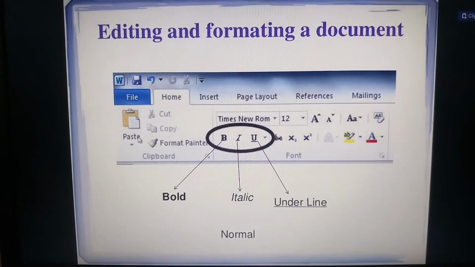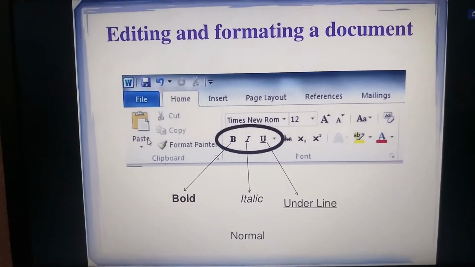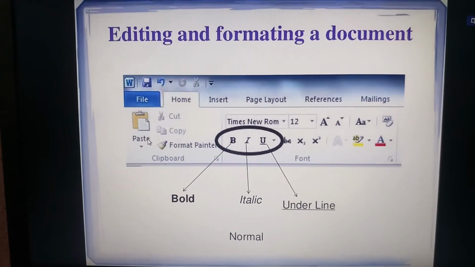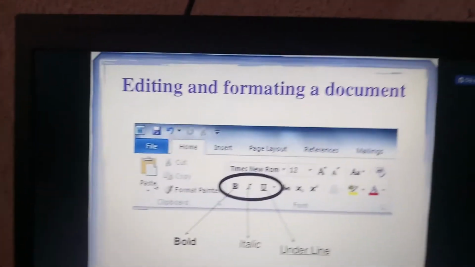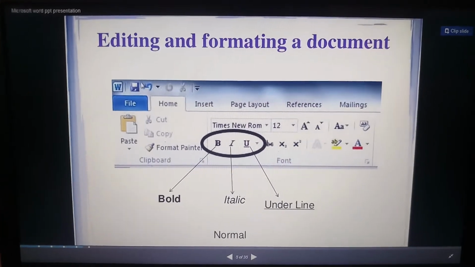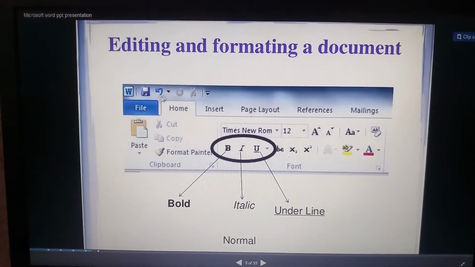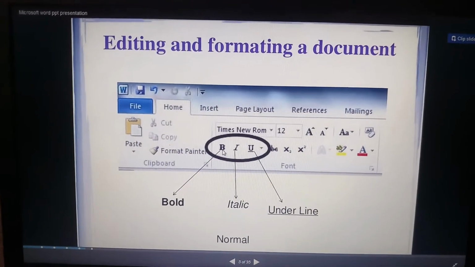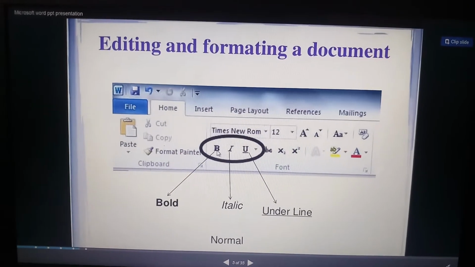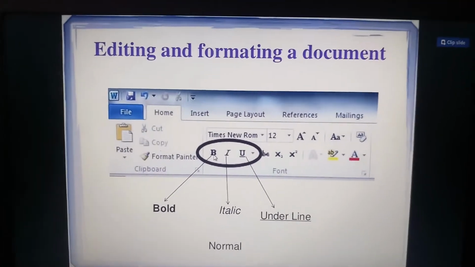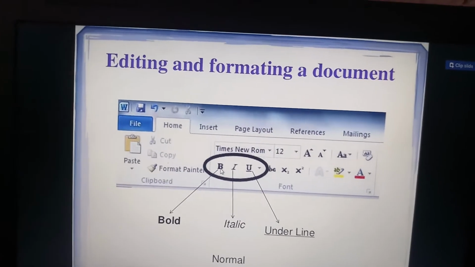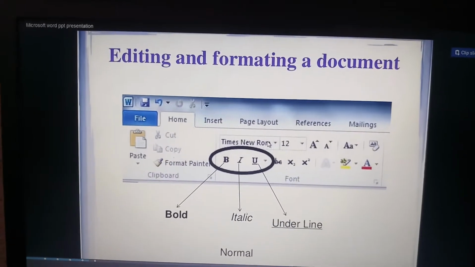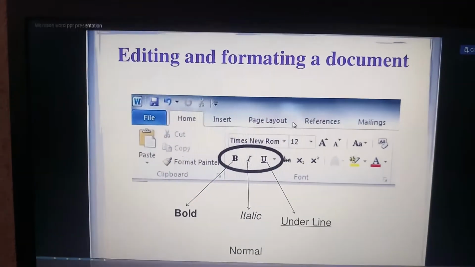So in that paragraph, you can align anything while editing. If you need to change anything, you drag it and copy it. If you want to give bold to any headings, you have to drag it and click the B option, so that the word will be bolded. Likewise, you can change the font styles, and any important content you need to underline is also possible using the U option.